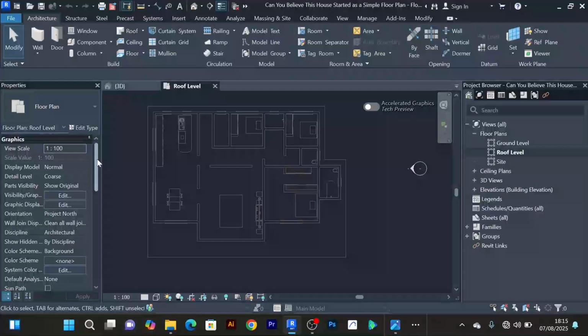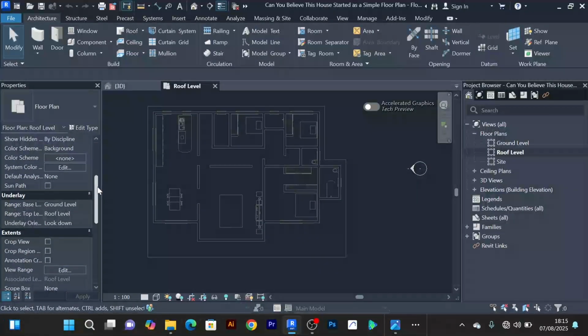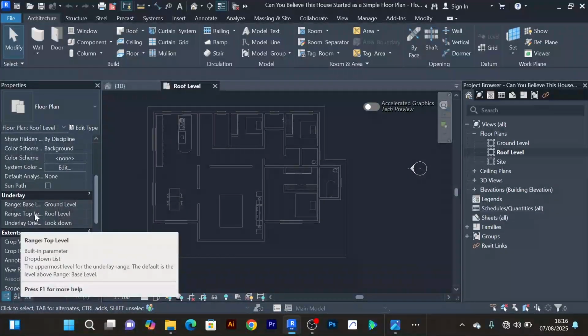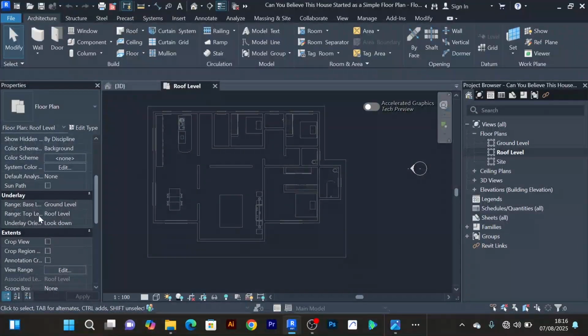If you're not seeing this, in the properties you should come to the underlay. In this underlay, you should set the top range to roof level and the base range to ground level,